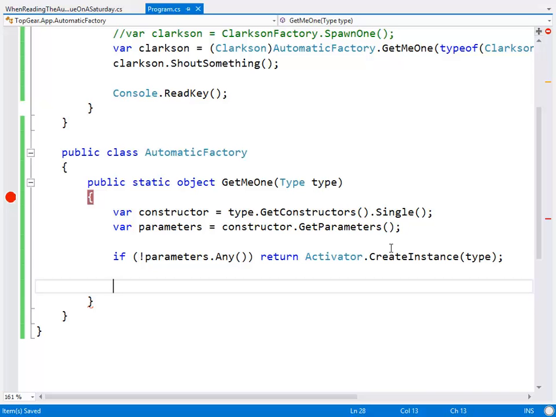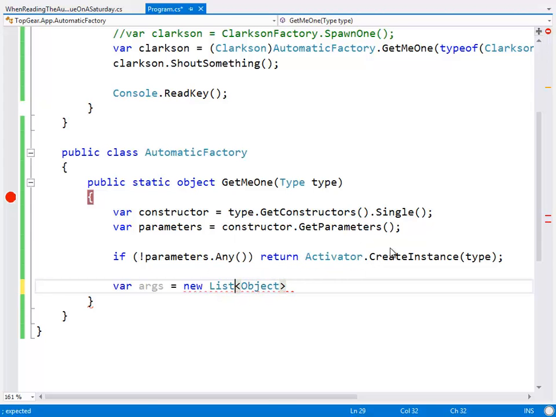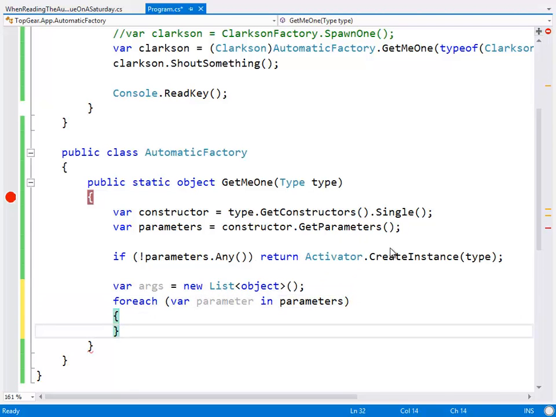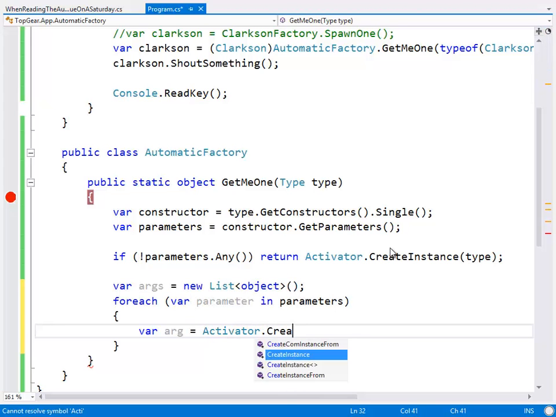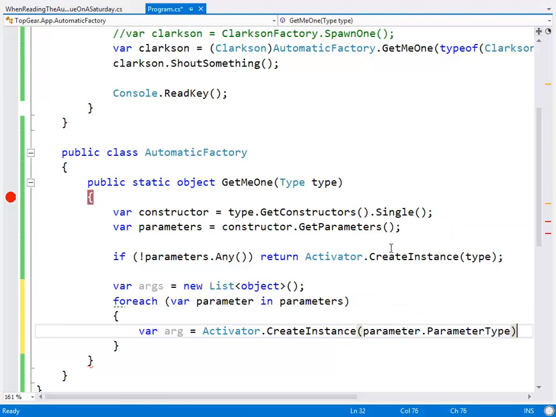Great. However, if it does have parameters, then we go var args equals new list of object. For each var parameter in parameters, we'll go var arg equals activator.CreateInstance of type parameter dot ParameterType.